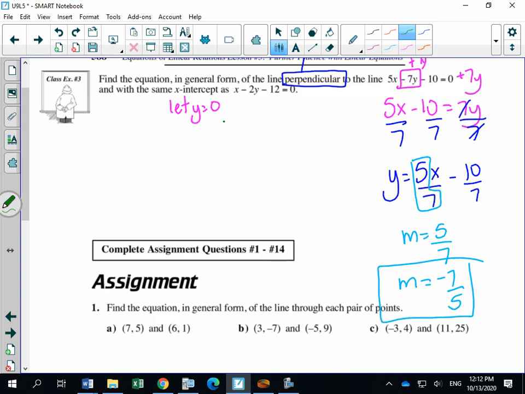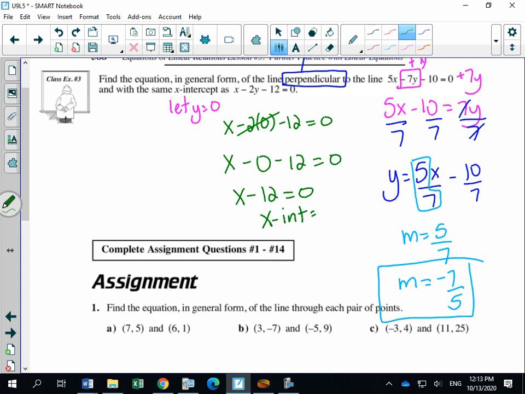So what we would have is x minus 2. There's the y, so I'm going to put a 0 in there. Minus 12 equals 0. So I'm putting that in, but I'm just going to get rid of it because anything times 0 is 0. Right? Like if you want, you could say, okay, x minus 0 minus 12 is equal to 0. But basically, that's just x minus 12. So x minus 12 is equal to 0. And then from here, John, what's my x-intercept? Yep. So x-intercept is equal to